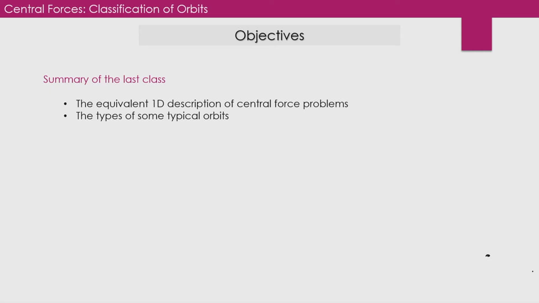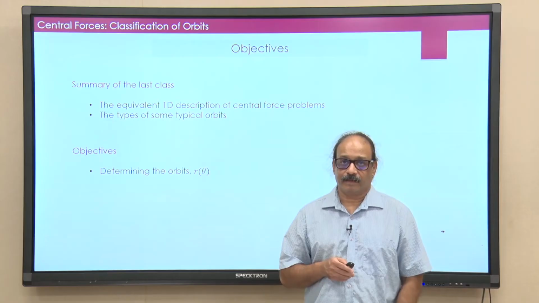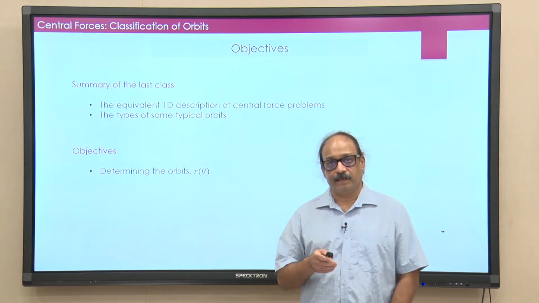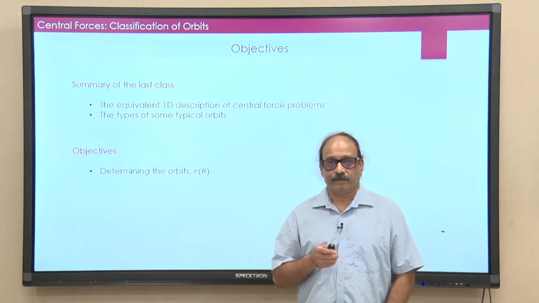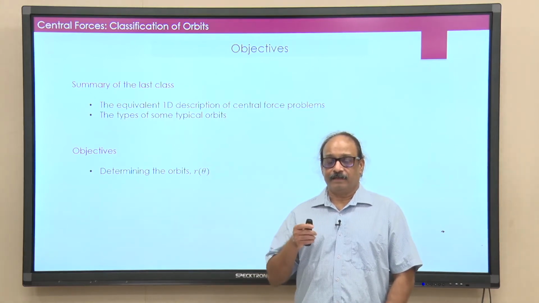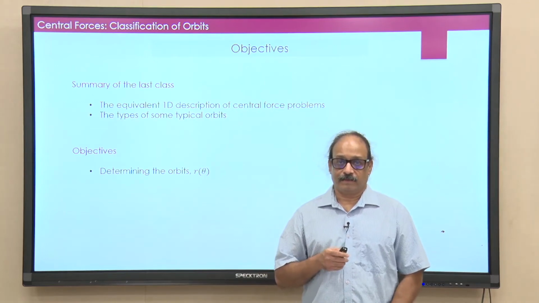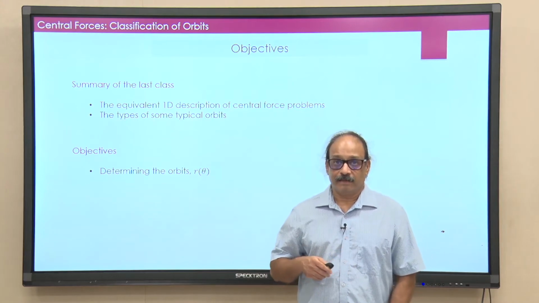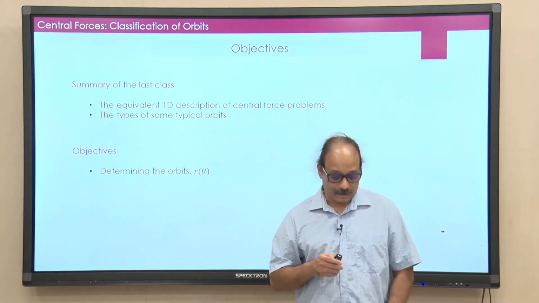In today's class, for all those orbits that we talked about, we want a mathematical description or a mathematical method of determining these orbits. And orbits, remember, are the important things. This is what we normally see whenever we look up in the sky and look at the planetary motion. We see orbits. We think that electrons are in orbit around the atomic nucleus and so on.